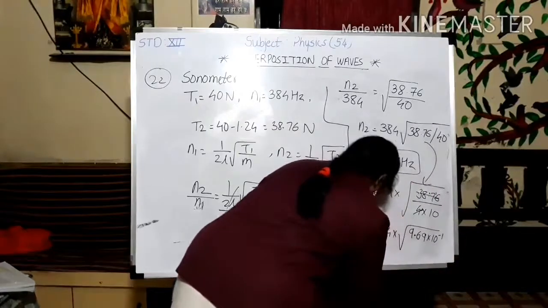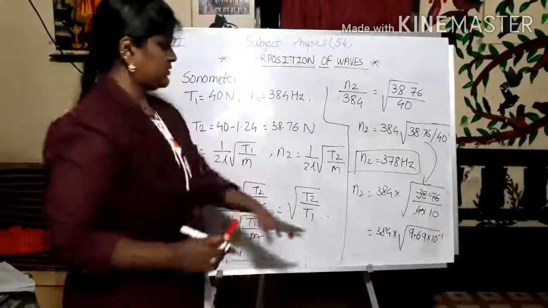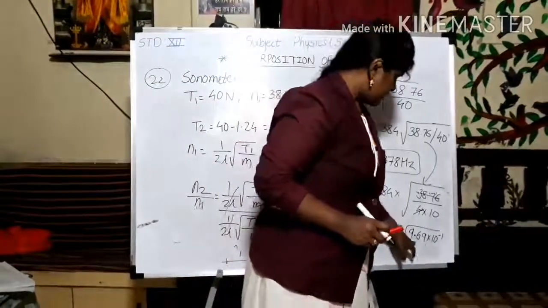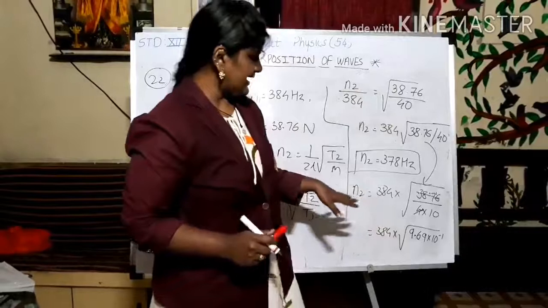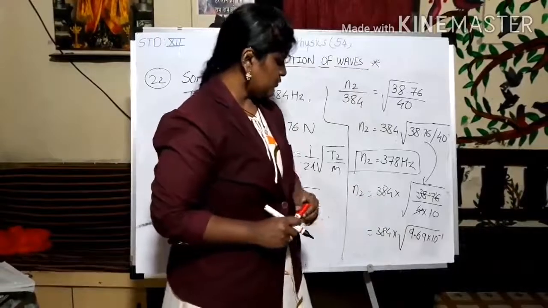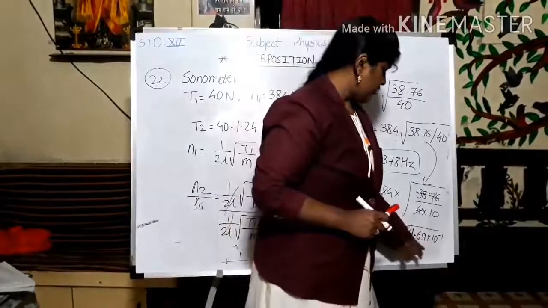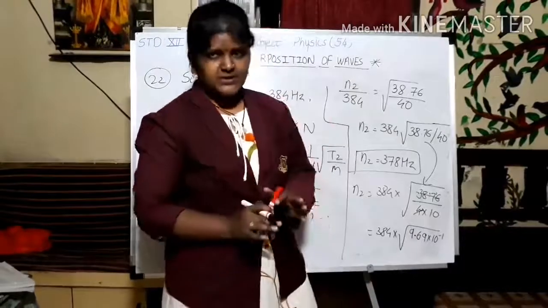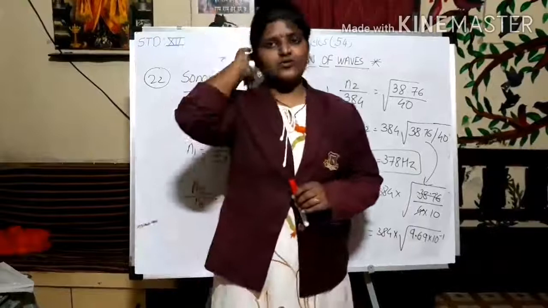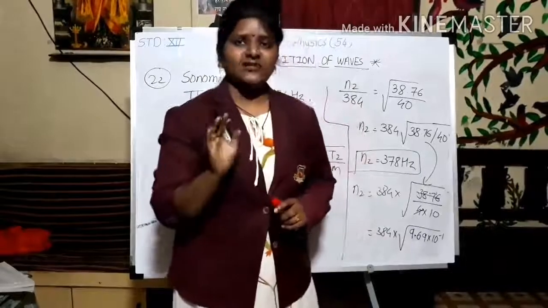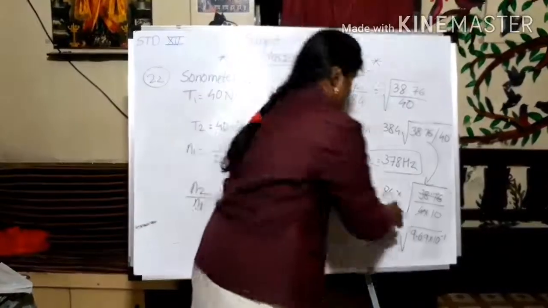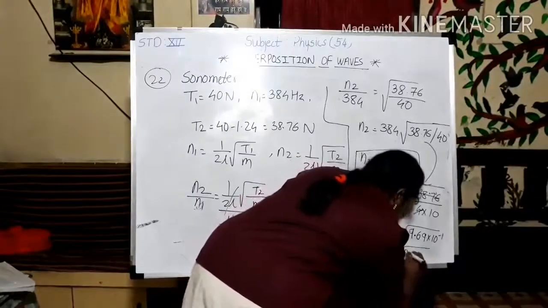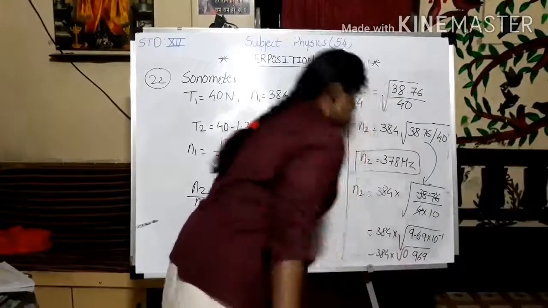So what you got is to find out the root of this. It is actually 9.69, right? If you shift that decimal point towards the right, it will become 10 raised to minus 2. That will be the easier one, and you can find out the square root from the logarithmic table of 96. Or you can just find out the square root of this.